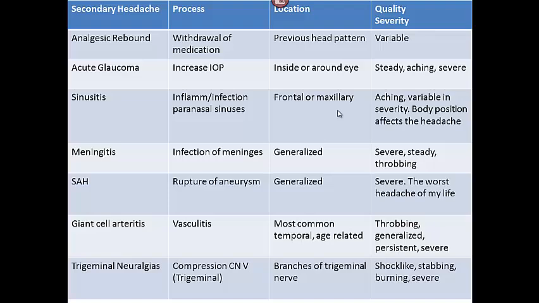Now, secondary types of headache. We'll discuss analgesic rebound, acute glaucoma, sinusitis, meningitis, subarachnoid hemorrhage, giant cell arteritis, and trigeminal neuralgias. So we'll start with analgesic rebound. Analgesic rebound is